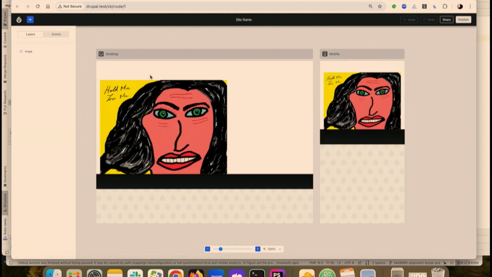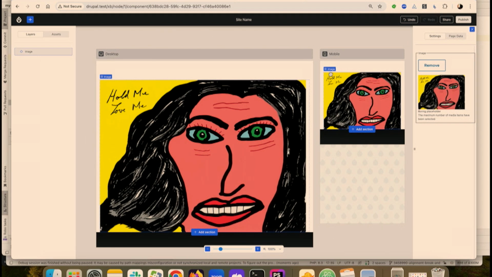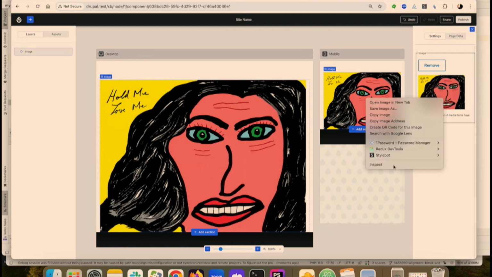So some of you may recognize this as one of Ringo Starr's MS Paint works. He sells them for a lot of money, apparently. But basically, when you click on any component, right, you get a props form. I'm also demonstrating here that we are using the vanilla JavaScript media library widget here. But if you look underneath the hood, this form,